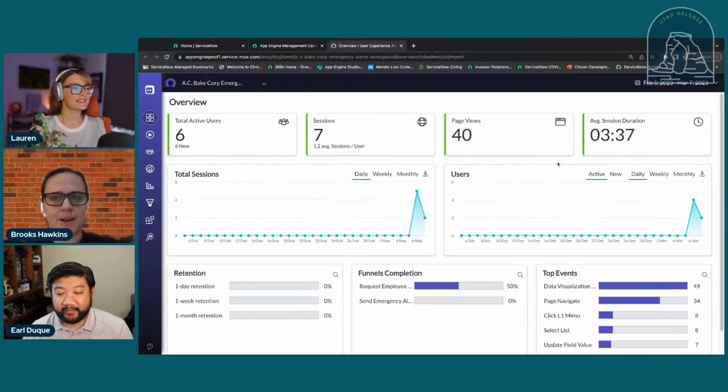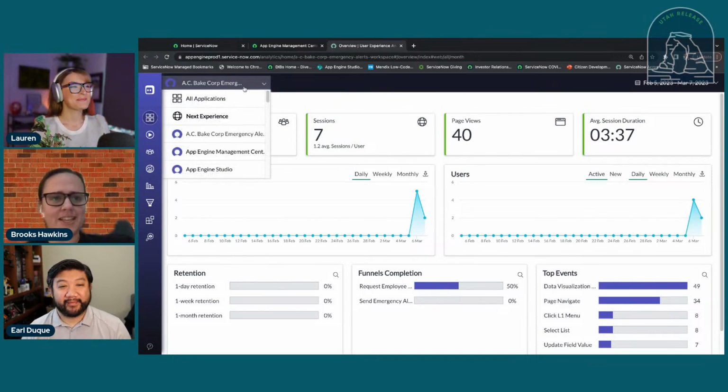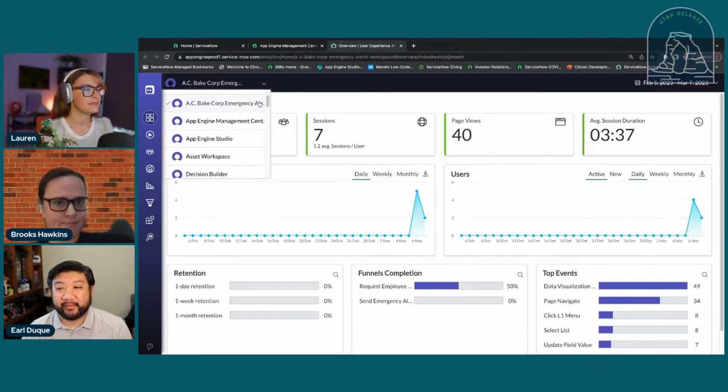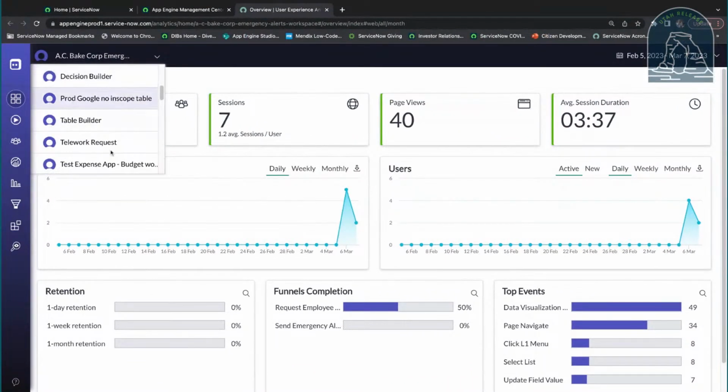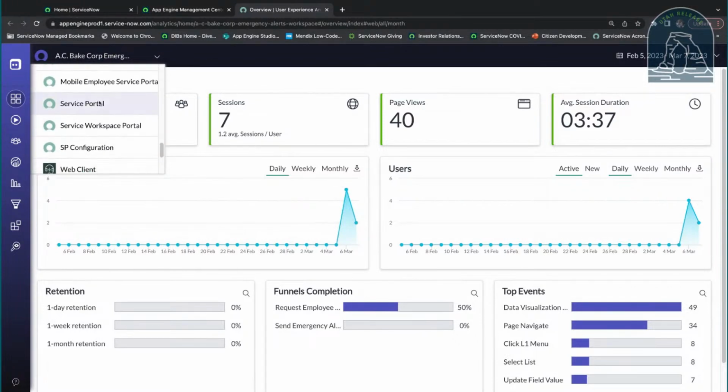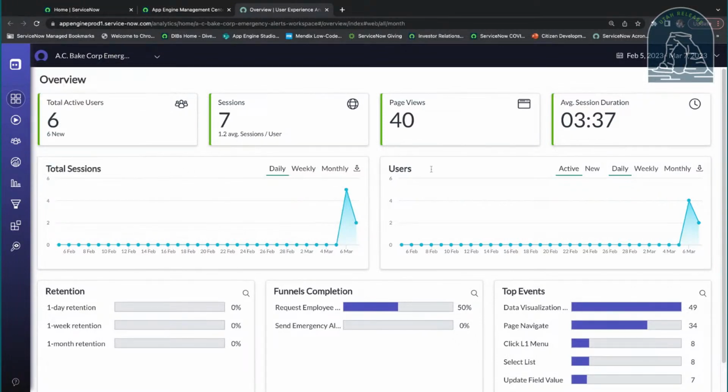So this is my user experience analytics dashboard for graphs. I love seeing graphs. This is for my AC Bake Corp emergency alerts app, and you can see I am in a different tab now, and I could actually switch to any different user experience analytics here, but there's tons of information in user experience analytics, starting with the overview page, which is going to tell you